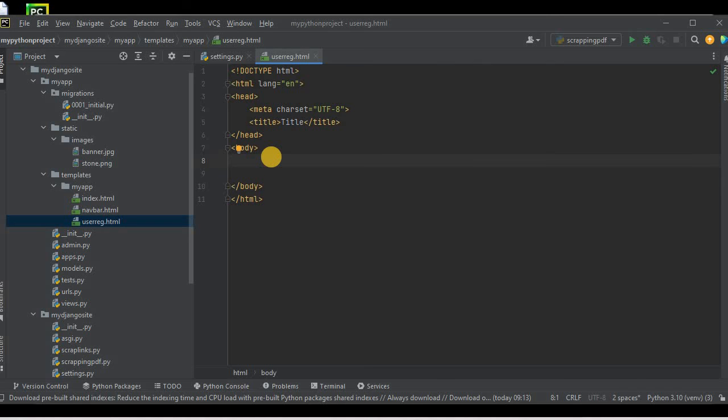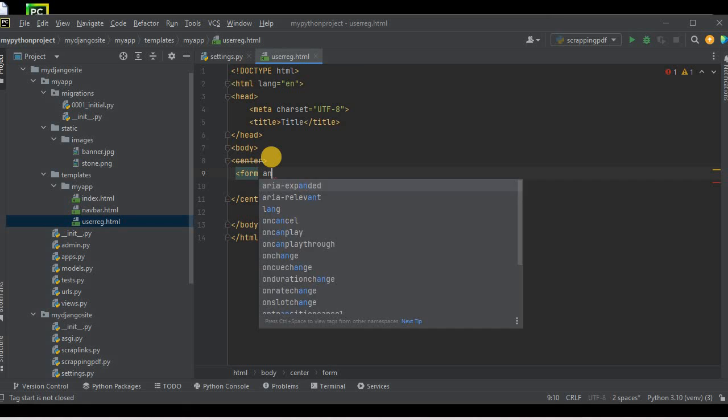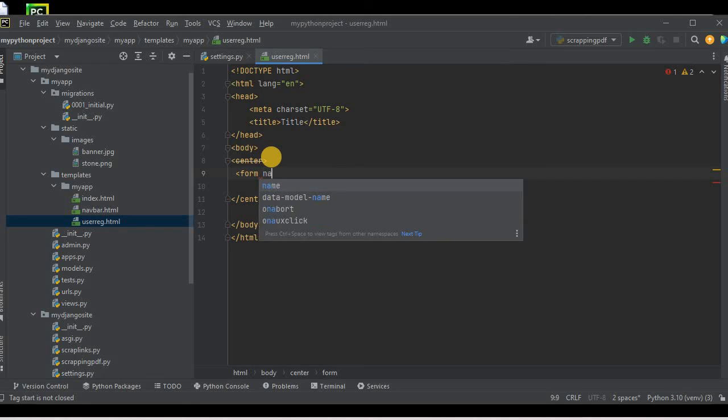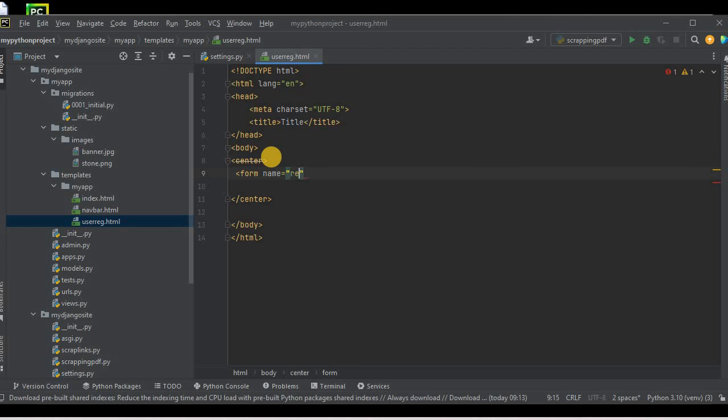We will not discuss CSS here. We will be discussing CSS in the upcoming sessions so that we can style our templates in a better way. So inside the body, I will be using the center tag, and inside the center tag, I'll be using the form tag so that I can create a form,